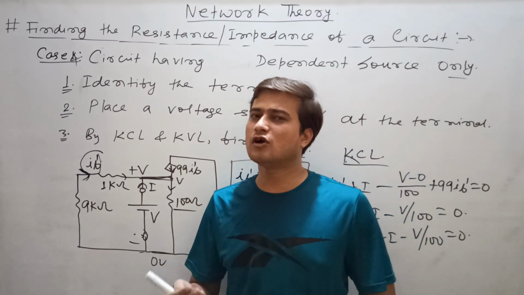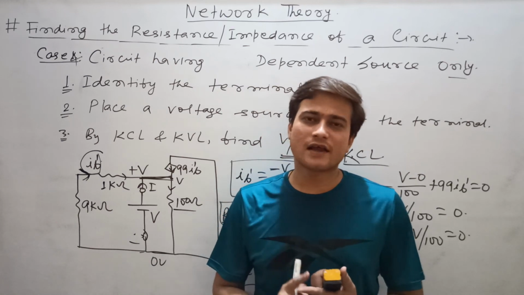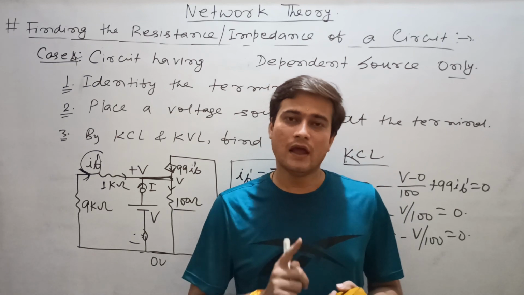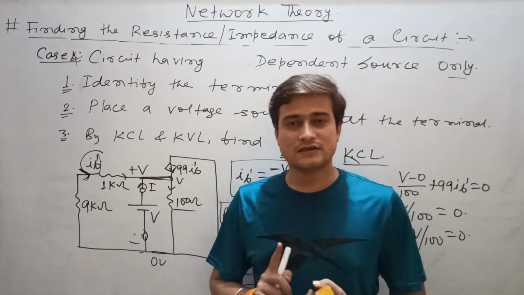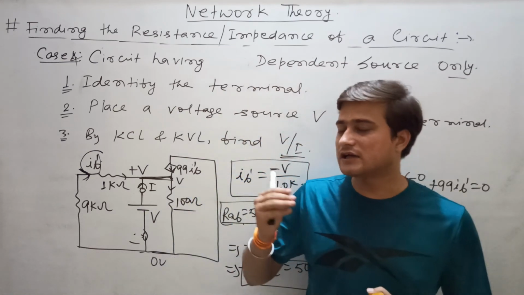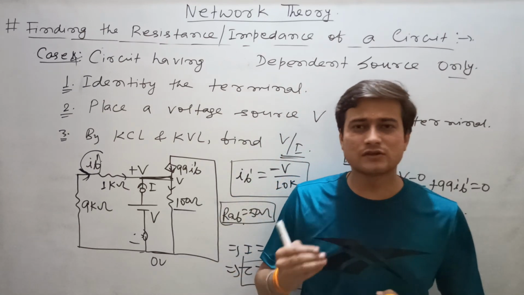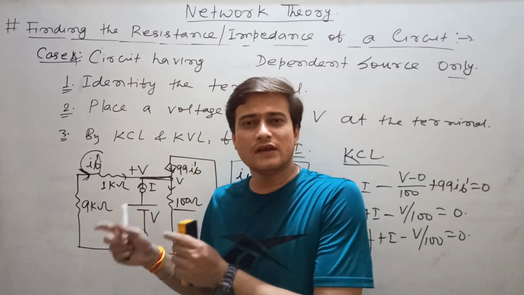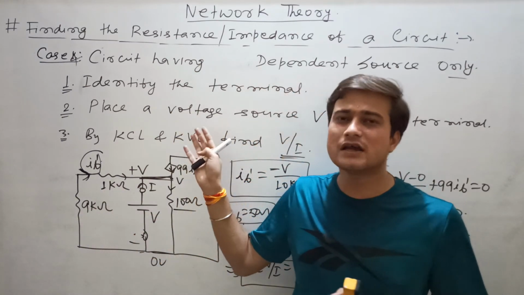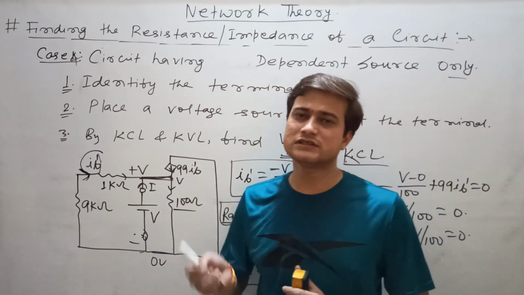After finding the value of resistance, you can apply that resistance in Thevenin's theorem, in Norton's theorem, in the maximum power transfer theorem, and lastly in transients. Now if you start studying network theorems, that means Thevenin's theorem and Norton's theorem, there you only have to find the VTH and IN, because you already know the value of RTH and RN. That means Thevenin's resistance and Norton's resistance.